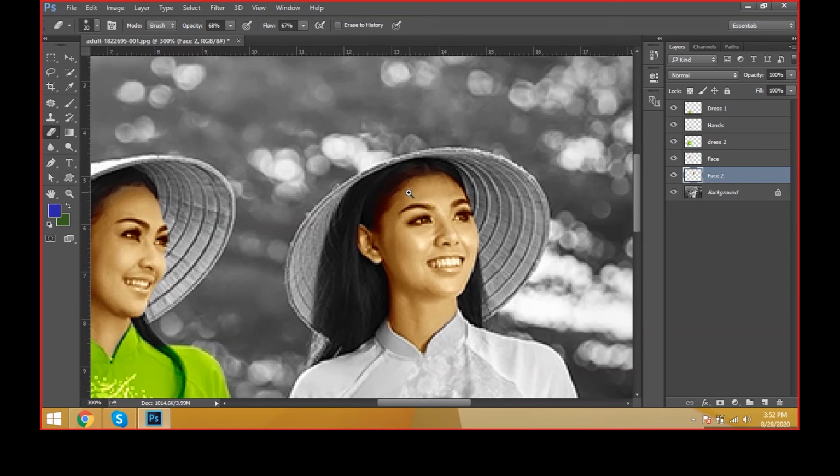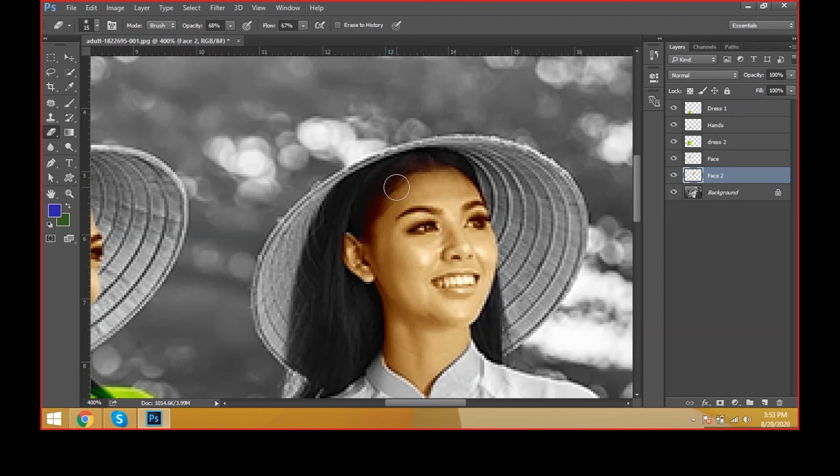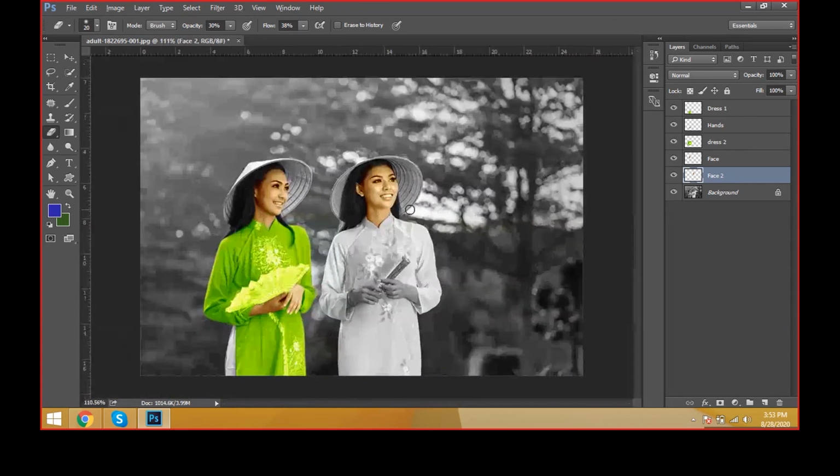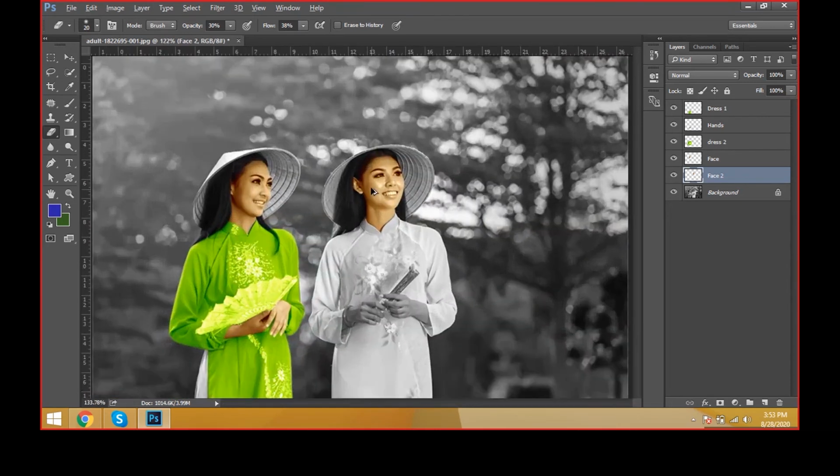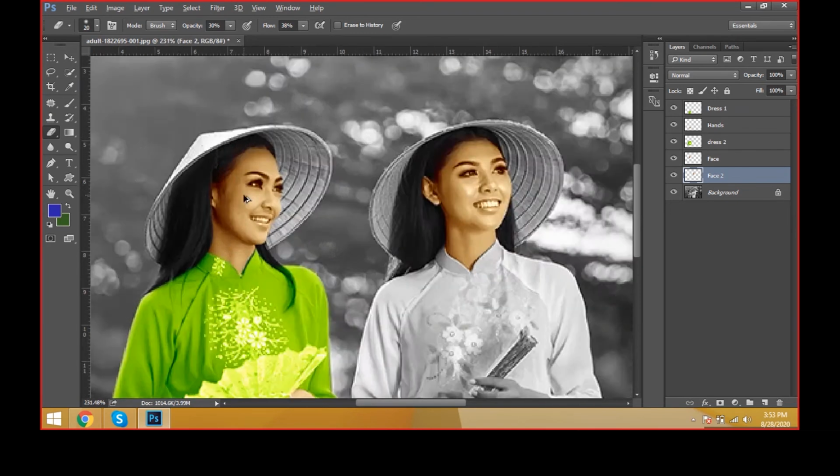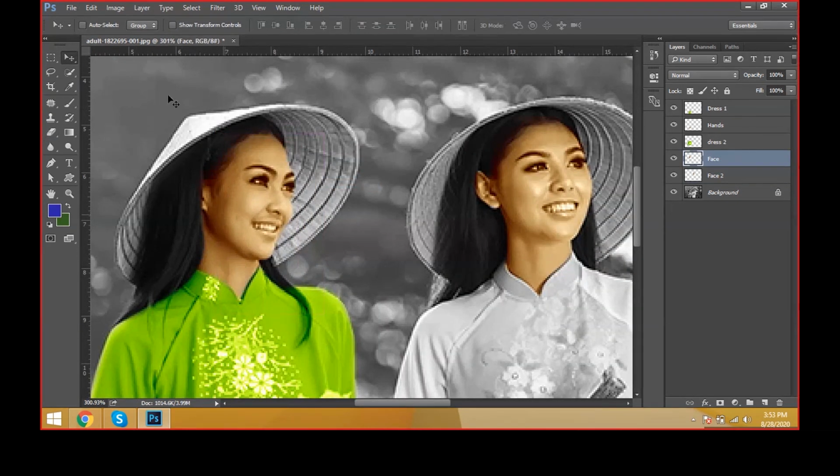And here also the hair is attached with the skin. Just decrease the size and keep it like this. See again, now the value is missing, so decrease the opacity and flow. Just press roughly. See, like this we can give the skin tone and the edges of the hair. And here also the hair is there, and see the hair is there, and decrease the opacity and decrease the flow and press just roughly like this, then automatically the skin tone will decrease.